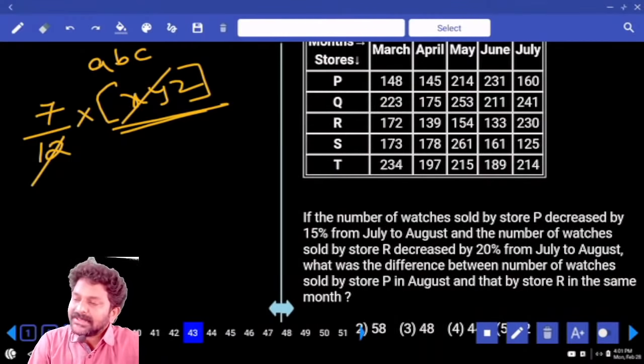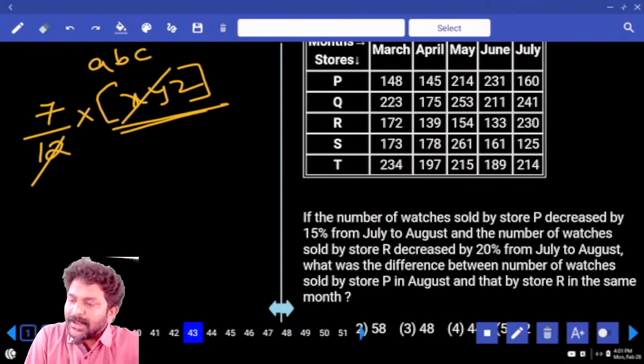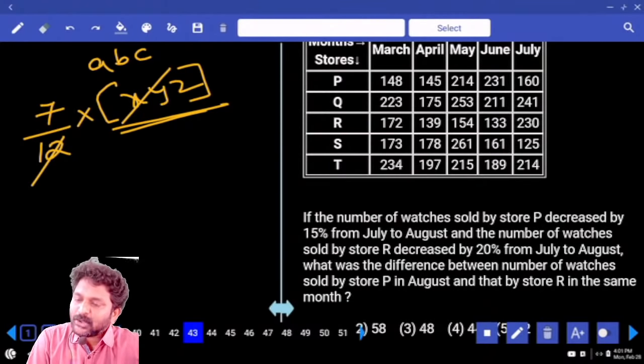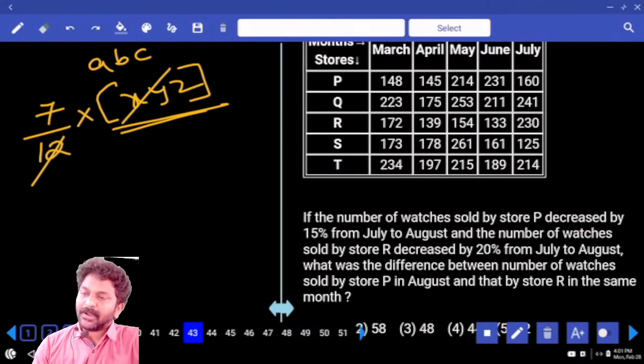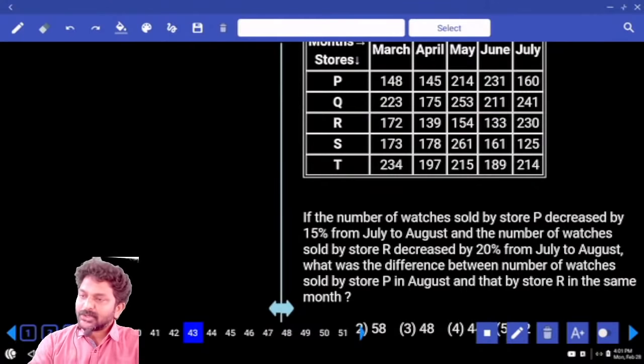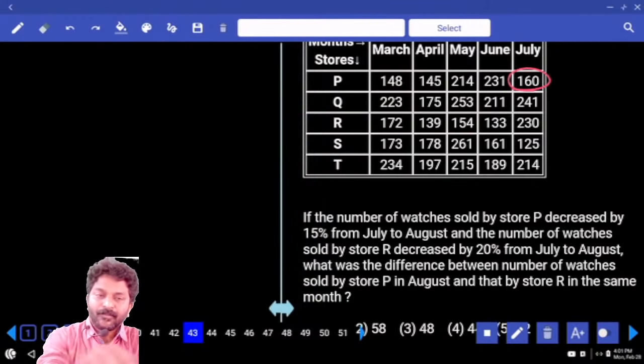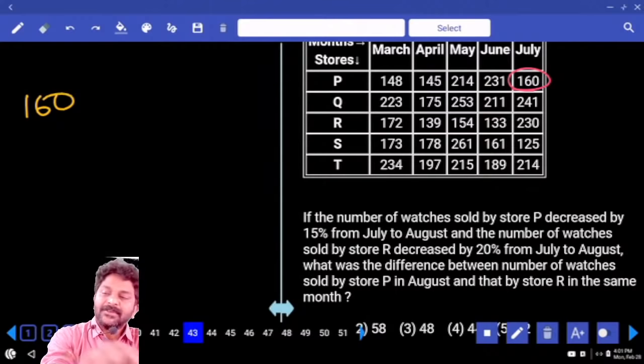If the number of watches sold by store P decreased by 15% from July to August and the number of watches sold by store R decreased by 20% from July to August, both are decreasing. What was the difference between the number of watches sold by store P in August and R in the same month? In the month of July, store P, how much is that? 160. Store R,